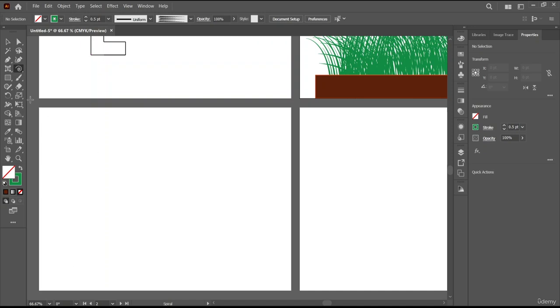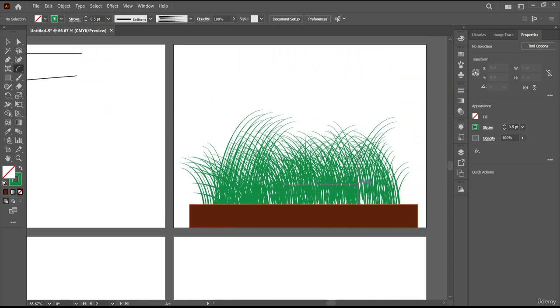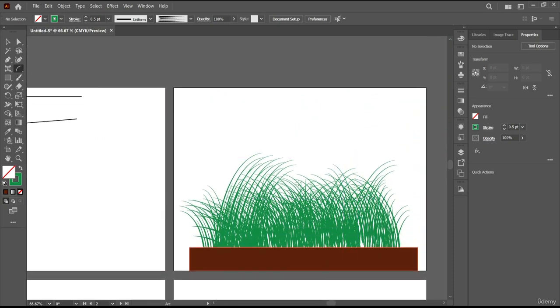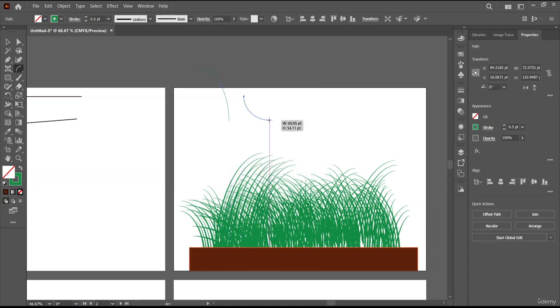All right. So before I start the arc tool, I'll go over here and explain a few uses of the arc tool. When you click on the artboard, you'll see the arc tool options come up, and here we can select the length between the X and Y axis, and we can select it either to be open or closed. First let me show you what the open looks like, and here you can see this is what it looks like. All right, let's put a stroke more deeper. Now this is our open